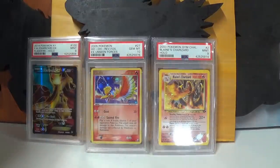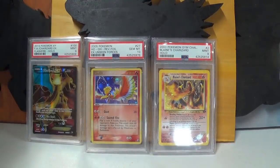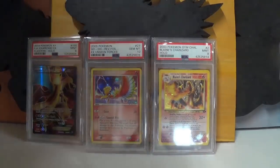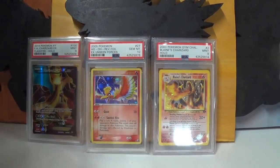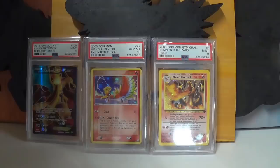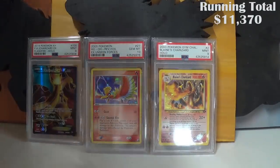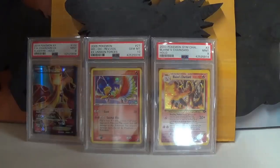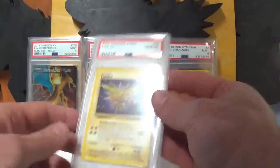Alright, one more box, and then that will be it for this half of the PSA return. I know I've got the other 401 coming in pretty soon, and I'm ready to see them myself. Alright, so this box is actually going to be a little bit quicker because I'm not going to go through every bit of it, I don't think. So here are some of the